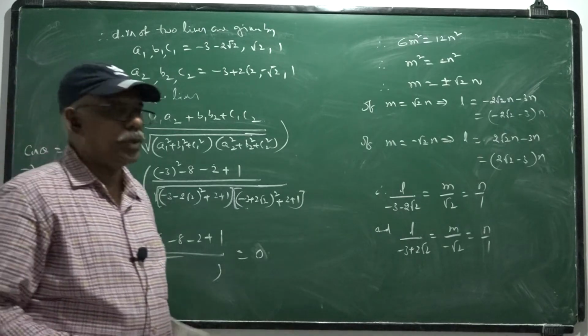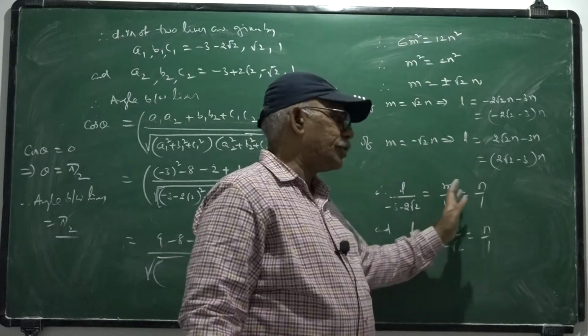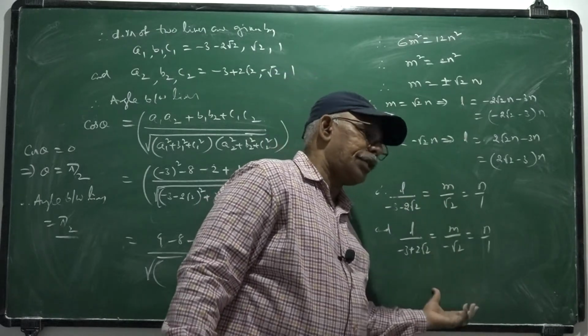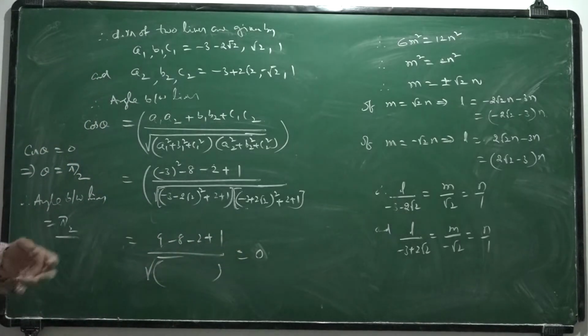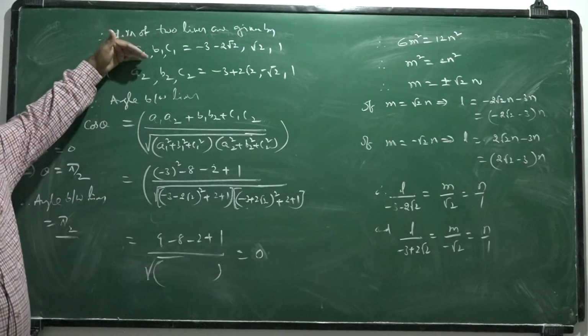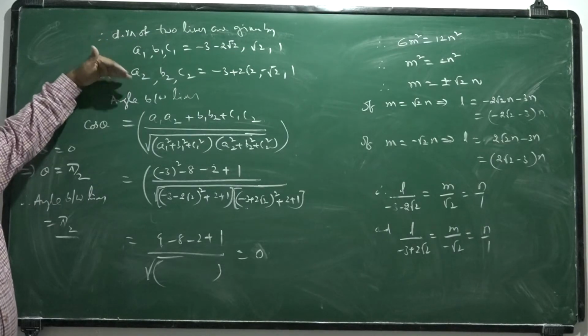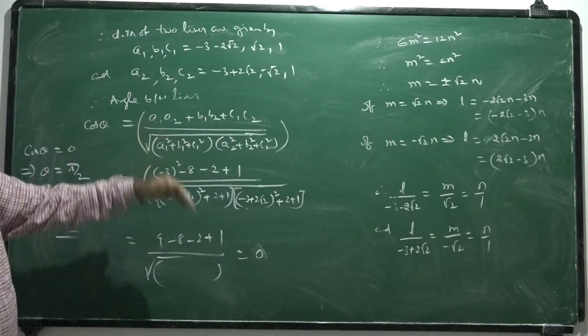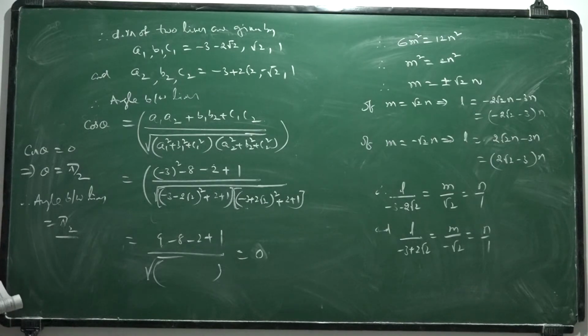So by solving the given two relations in l, m, n, we find the proportionate values of l, m, n, which give us the direction ratios. Two sets of direction ratios. Each set of direction ratios gives us the direction ratios of one line. Based on the two sets, you can find the angle between the lines. That is one important question.